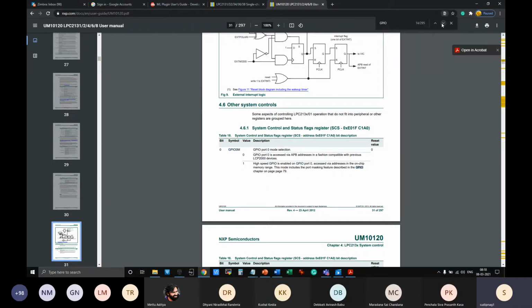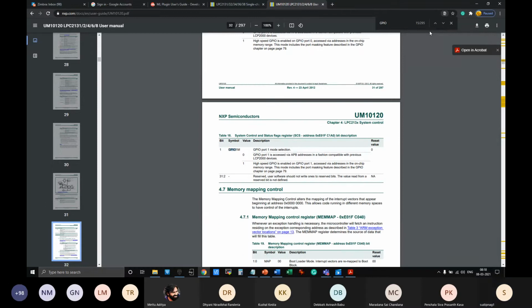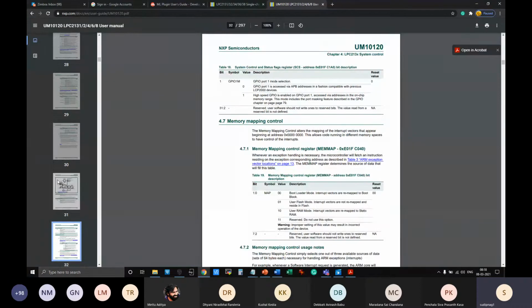So it is important to look at how this GPIO is controlled. Instead of writing the code just from scratch by looking at the examples, you have to understand how it is linked to the overall block diagram of this microcontroller. So give me a moment. I'll just go to the relevant portion first, and then I'll start again. Let me find that out.